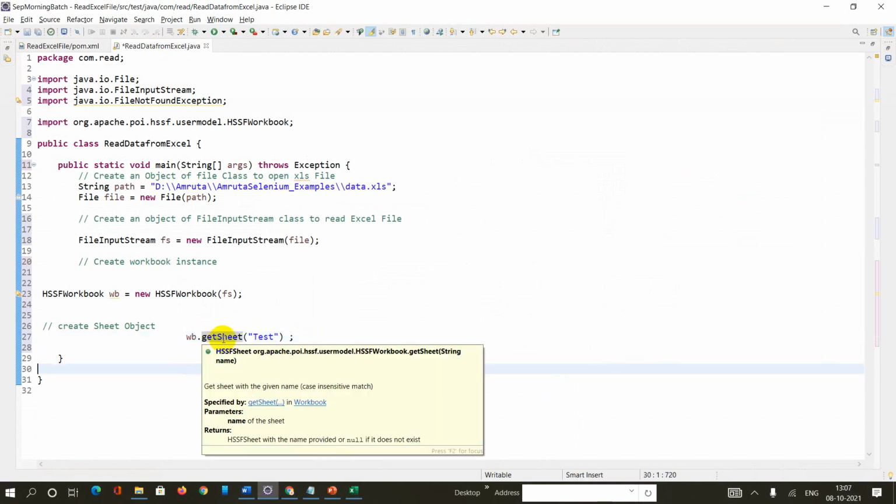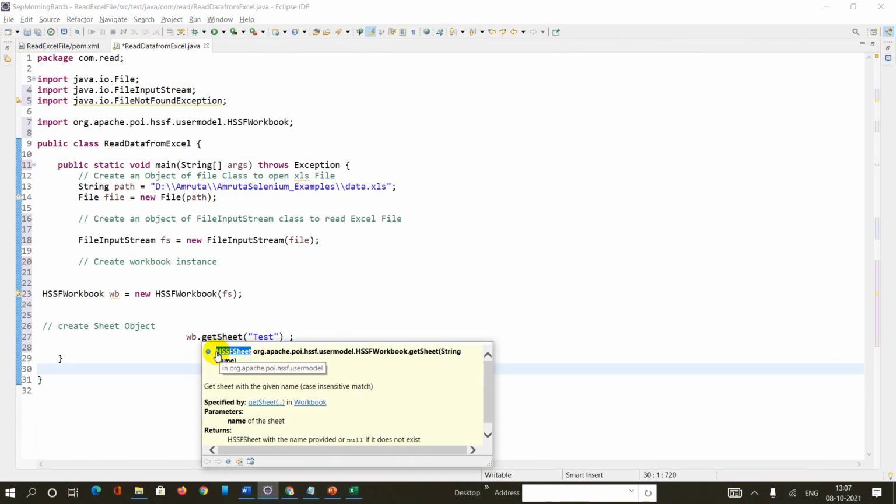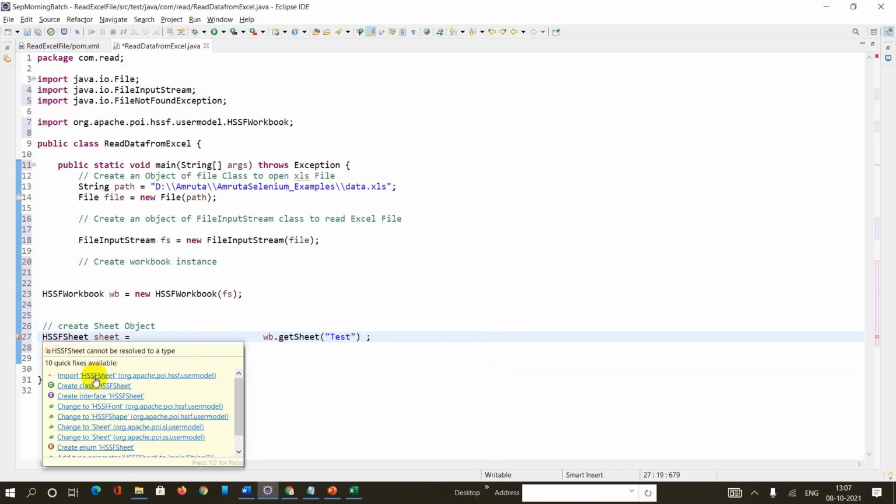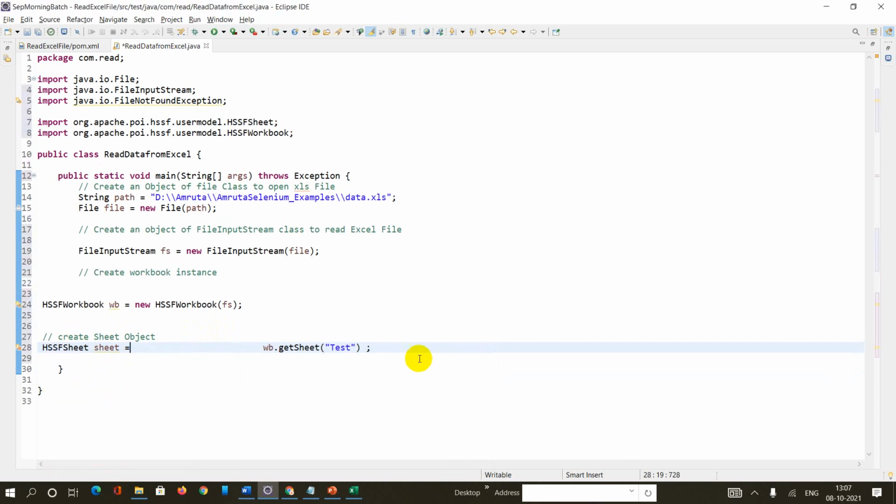If you roll over the mouse on the getSheet, it is saying please save this sheet into the HSSFSheet class. So I will be going to create the object of my HSSFSheet. Import the HSSFSheet from org.apache.poi.hssf.usermodel.